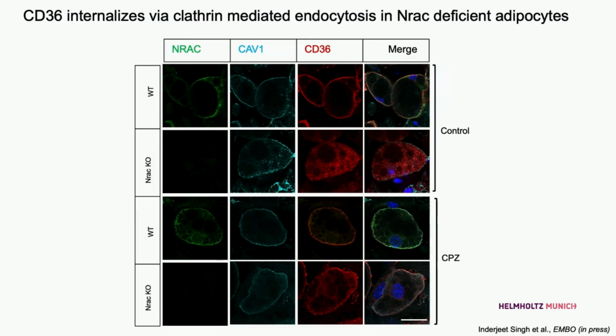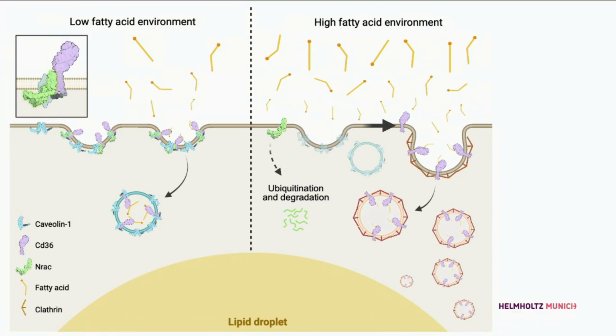It turned out to be really informative for us, because, again, for time reasons, I'm not going to go through the data, but I'm just showing you a cartoon, because what turned out to be true is that when we have a high-fat diet or a high extracellular fatty acid concentration, this results in a proteolytic degradation of NREC, so essentially phenocopying the knockout. Yeah?